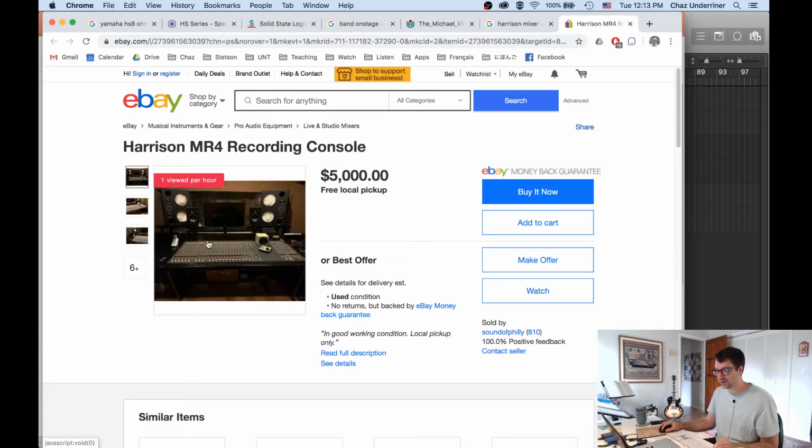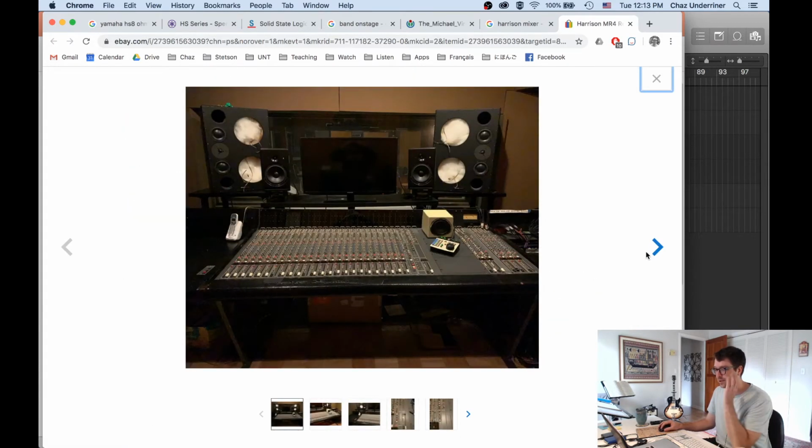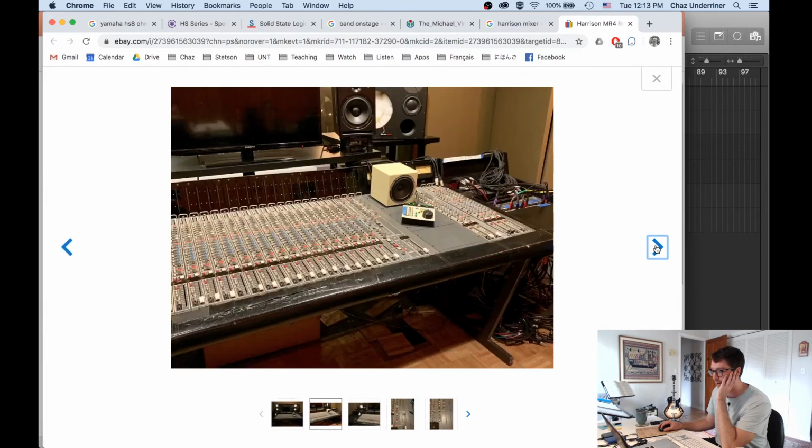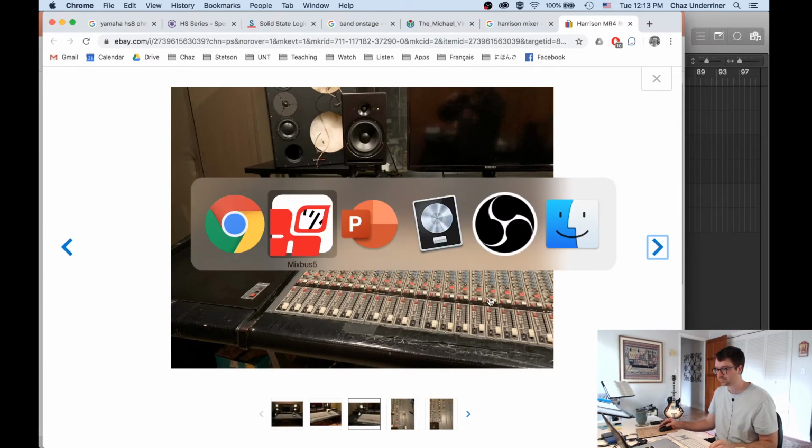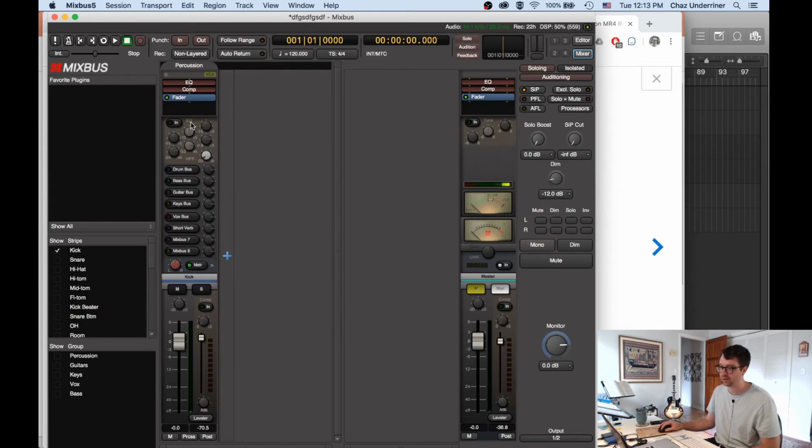So free local pickup. And they have software that's modeled after these analog mixers that they have. So this one looks like it needs a little bit of love. And this software just models that. So if we look at what we've got,